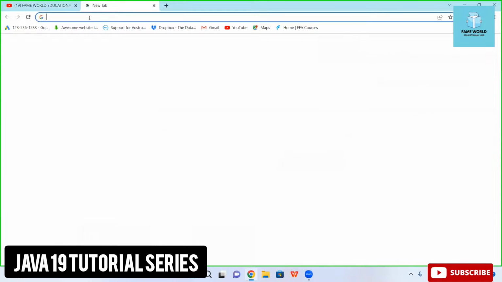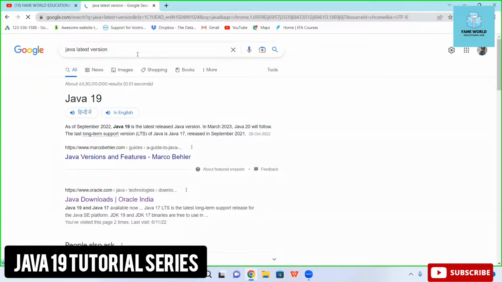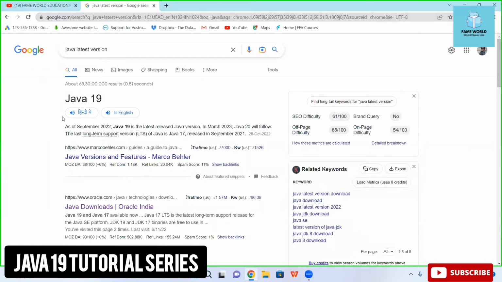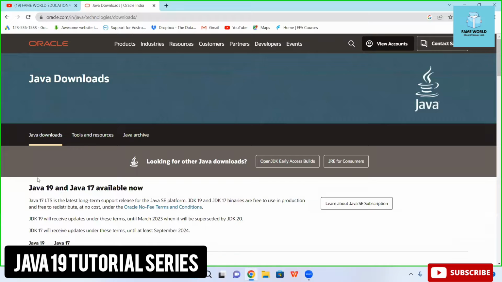Now I am going to start with the Java download. If you talk about the latest version of Java, you can see Java 19 is the latest version, and we are also going to download the same. I will be sharing the link of the download in the description, so you can simply download your version from the description itself. This is the official website of Oracle, and we are going to download Java